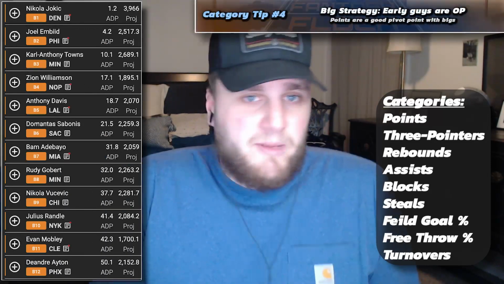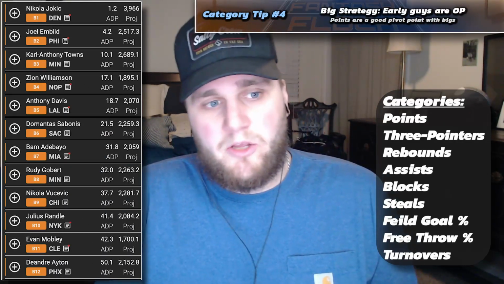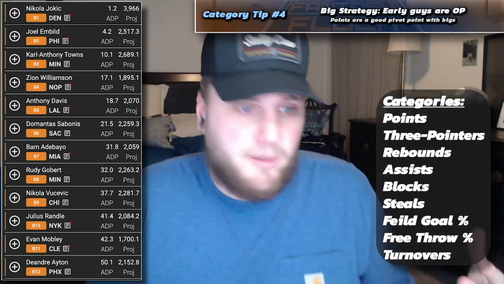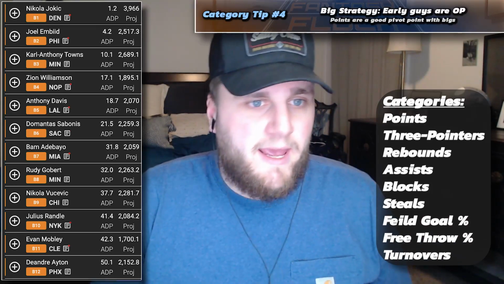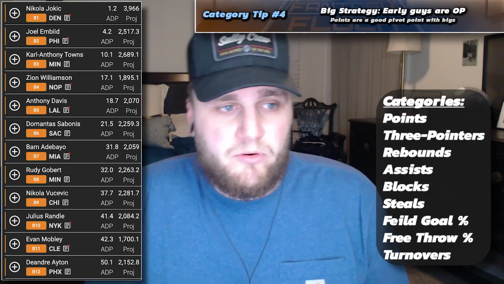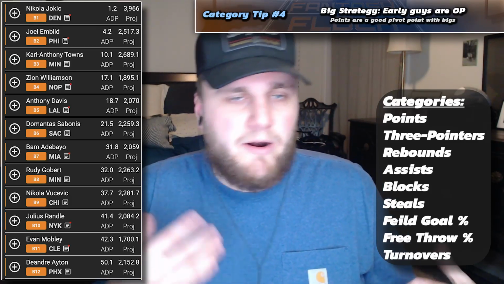The case for the bigs, I mean, if you can get a Giannis and a Jokic, those are the rare bigs that can give you really good assist numbers, like 6+ assists. And they can give you maybe fewer turnovers or really good defensive stats like steals. So in the end, I think no matter how you cut it, the swing category, the pivot category is